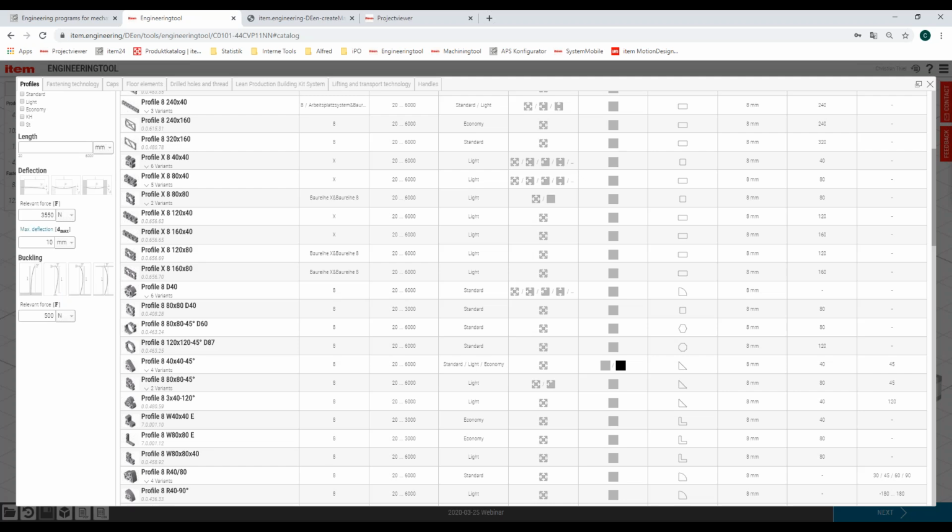Those two tools help you to find the right profile for your design, but not overall. If you need more information than these tools provide, please ask your local item reseller, and our colleagues locally can support you with finding especially the right product and do some more math on your design.